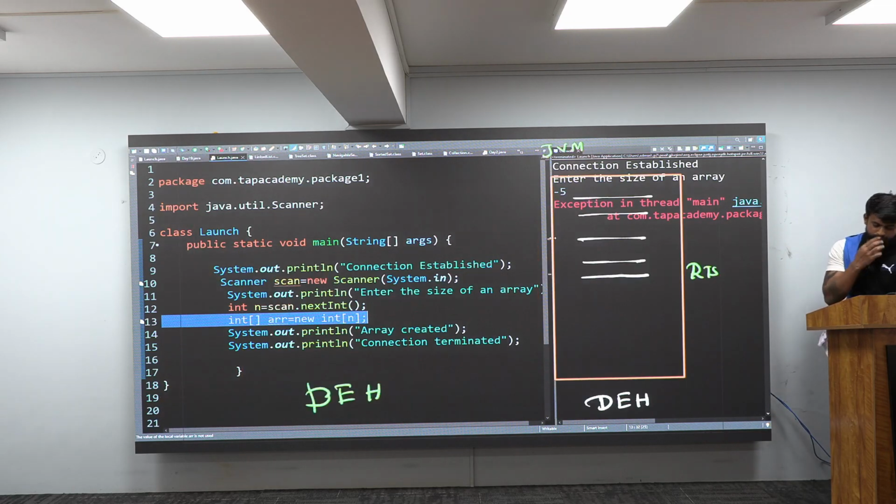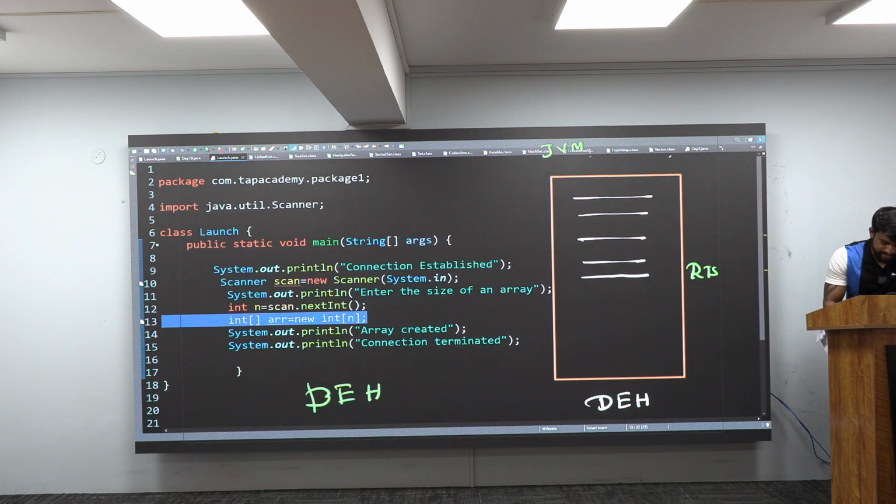Great. If I have to show you using this: 100%, an exception object is getting created in one of these lines. Immediately this object will come out and go to the runtime system. The runtime system will go to the same program and check for a user-defined handler. Do you have one? No. So it will take this object back and give it to the default exception handler, and that is when the program gets terminated.